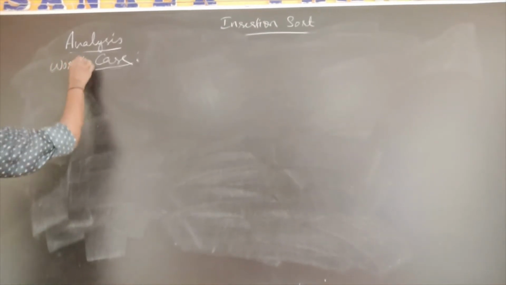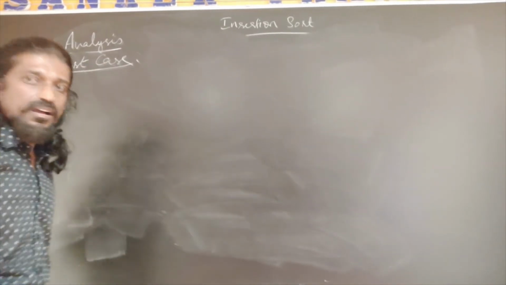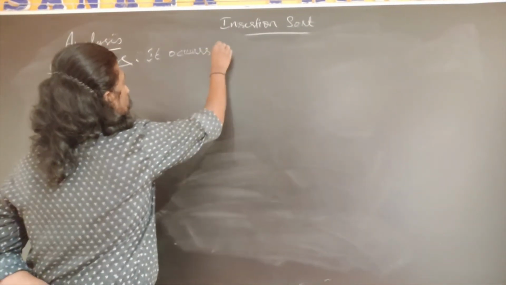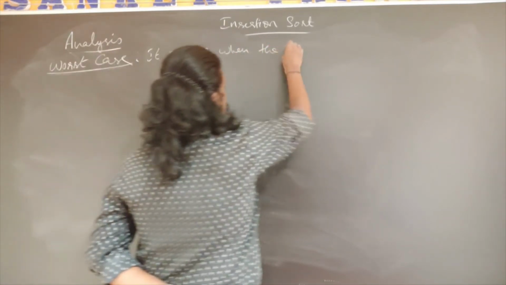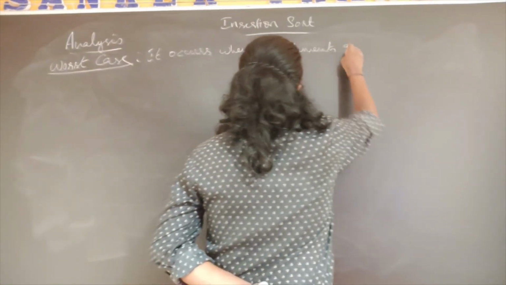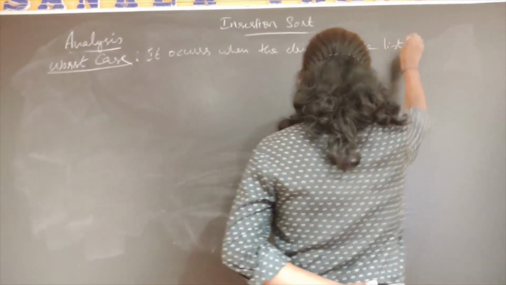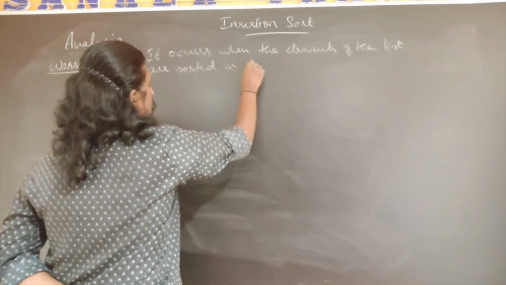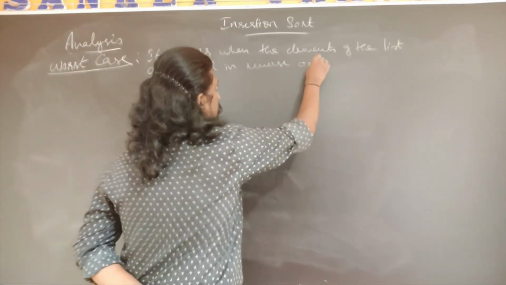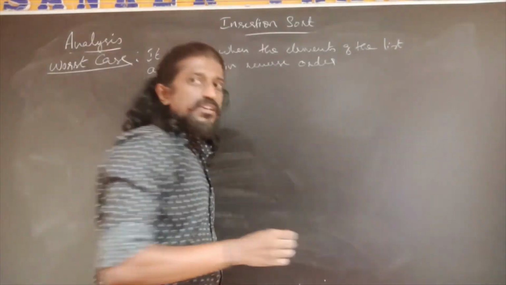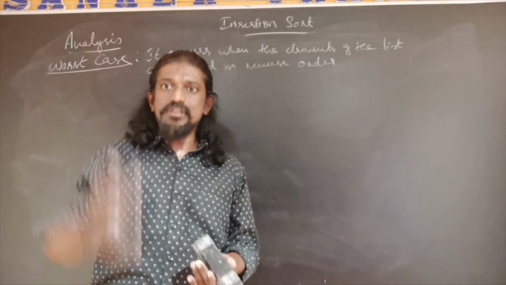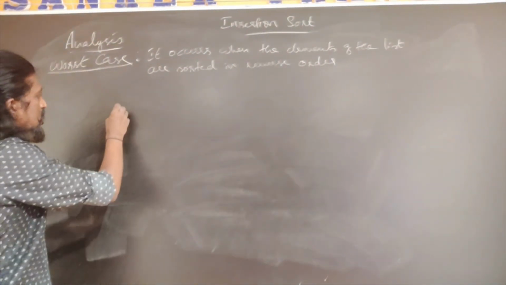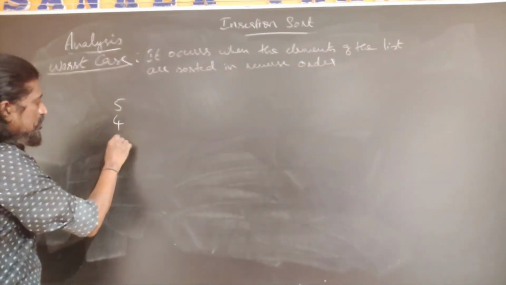Worst case of insertion sort. It occurs when the elements of the list are sorted in reverse order. Means if you want to arrange the elements in ascending order, all the elements will be in descending order. It will be sorted in the reverse order. So if you want to arrange the elements in ascending order, the input will be like 5, 4, 3, 2,